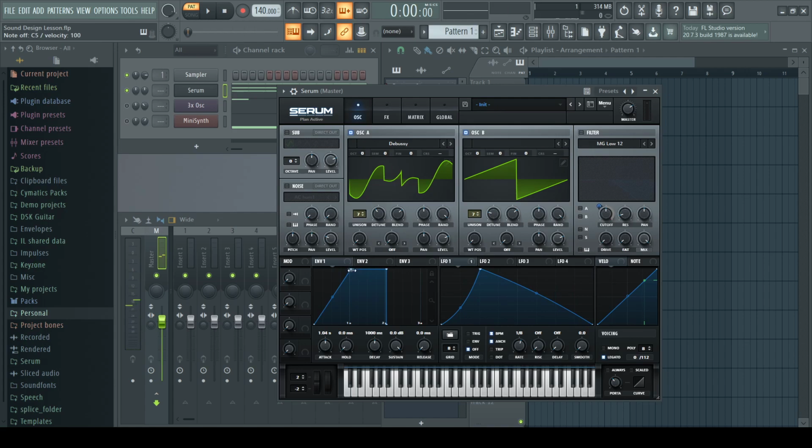So decay is when it goes from these two top points right here. So if we adjust it, there's not too much of an audible difference. But if we adjust some of the other knobs, if say we turn the sustain down a little bit and decay all the way up,